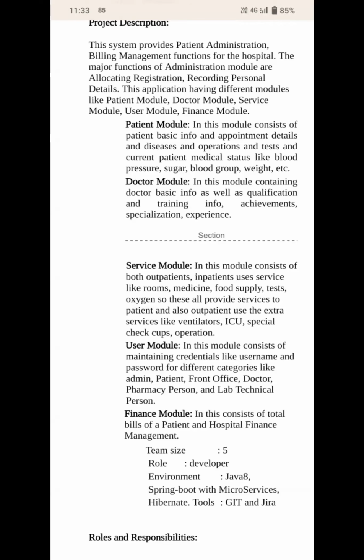Draw one line and put the service in an oval or egg shaped diagram, the use case, so that by looking at the diagram we can easily understand who the actors are. They want to use services like rooms, medicines, food supply, oxygen, ventilators, ICU, special checkup data, whatever it is.